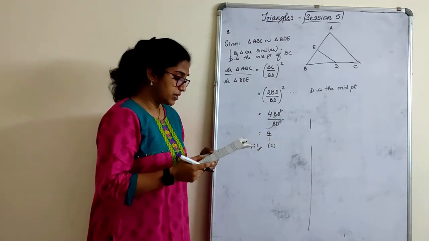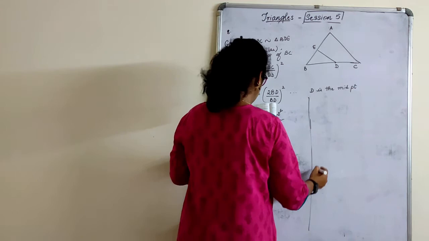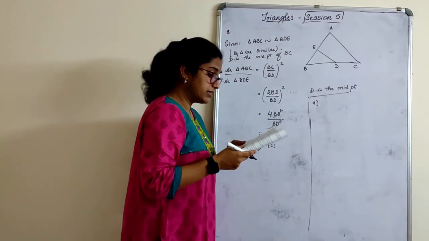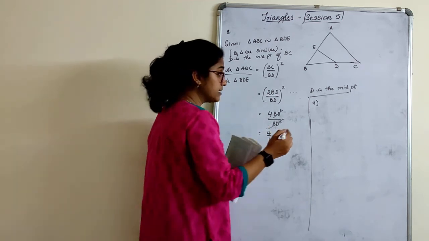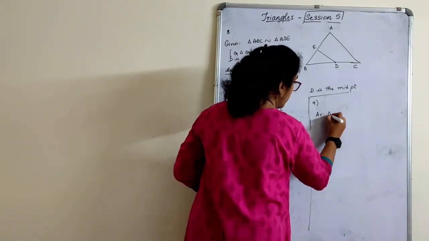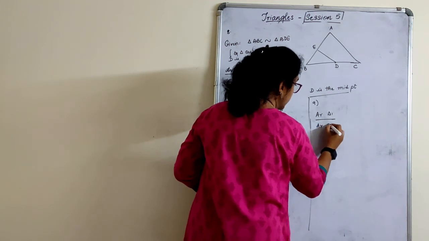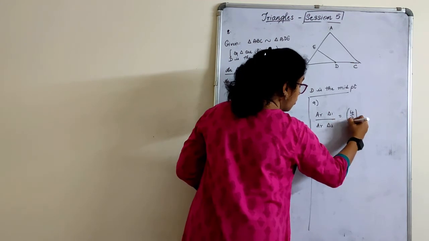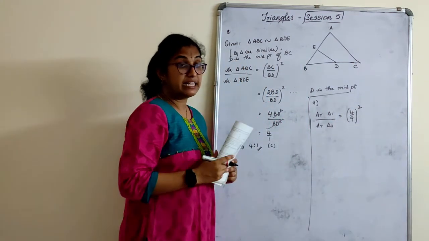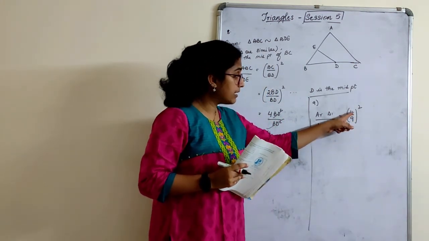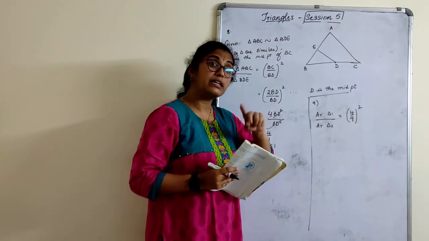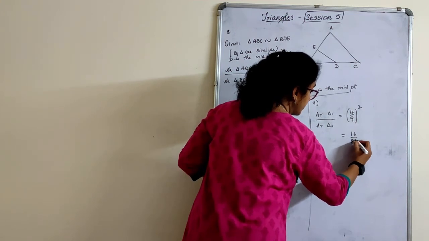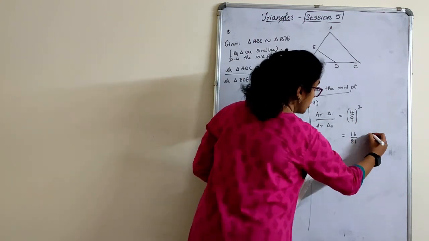And the last one, the ninth one. The sides of the two similar triangles are in the ratio 4:9. Sides are given. So area of triangle 1 to area of triangle 2 is equal to 4:9 whole square. They have given the side. Don't get confused and say that this is only 4:9. 4:9 is the side, whole square. What are the areas? 16 by 81. Which option is it? D option.